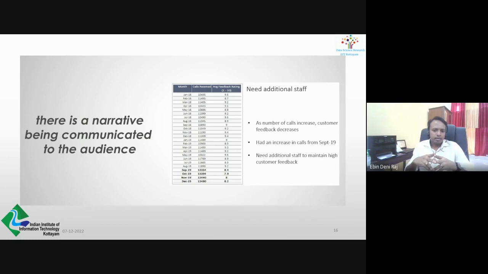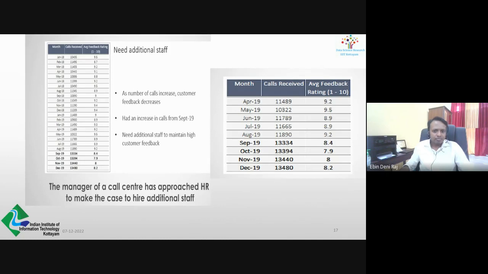But I'm just going to highlight the good and bad aspects of graphs so that you can start identifying them whenever you see one, right? So with all the graphs that you create, this aspect could be kept in mind, right? So maybe we'll first remove some irrelevant points, right? The audience doesn't need this many months of data to understand the key message. We only need enough data points to highlight the average rating was high in the previous months, when the call center experienced an increased number of calls that had lowered the average feedback rating.